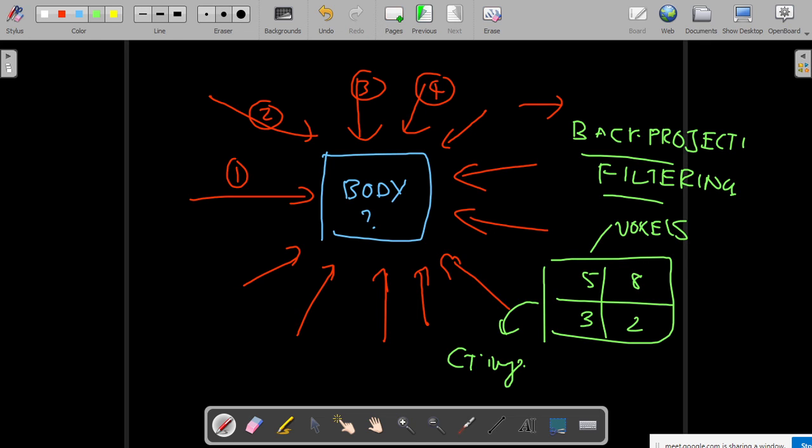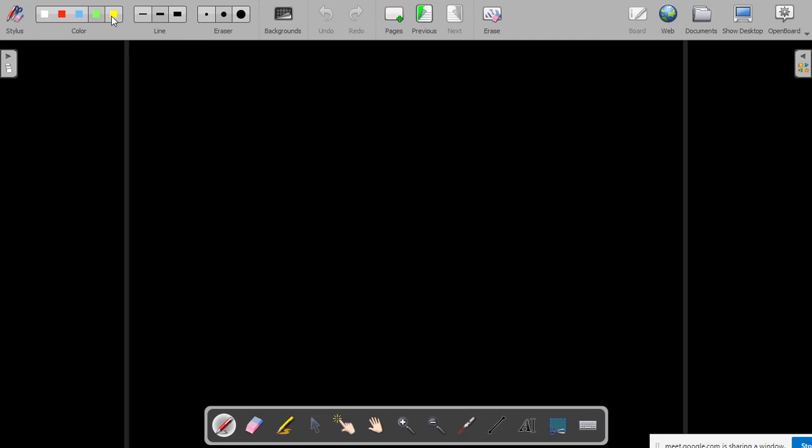Okay, so our original block diagram of your CT scan will look something like this. You'll have a gantry, and you'll have an X-ray tube which is going to rotate. This X-ray tube will be rotating along this axis, and throughout this axis you will have a line of X-ray detectors.